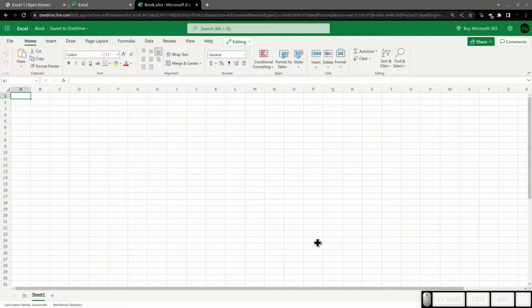So I'm going to do something we talked about last time, which was I can put information in here, and then we can select it, and when you get that big plus, or that skinny plus there, you can drag it down, and it'll just continue that pattern for you.